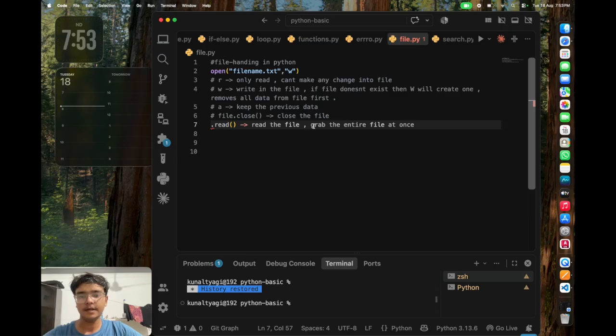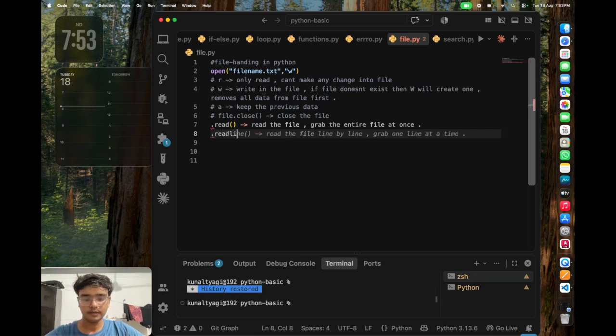It grabs the entire file at once. But what happens if you don't need an entire file? You need some certain lines. So then we have something called readline. What does .readline do? It just grabs one line at a time